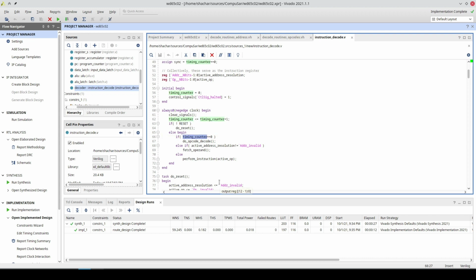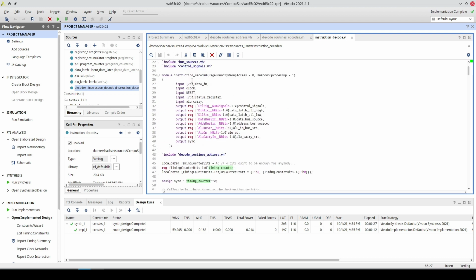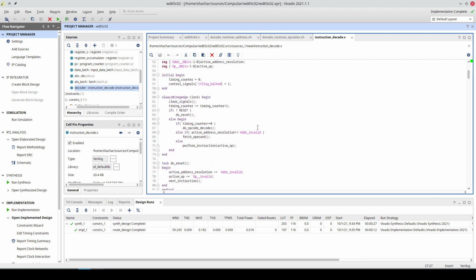We check the timing counter, and if the timing counter is 0, it means that the data in this variable contains the opcode. Now, it sounds trivial. I rewrote and rewrote this code multiple times before that became as confidently true as I'm saying it right now. But let's move on and just assume that's the case.